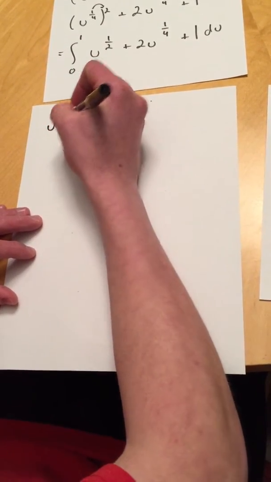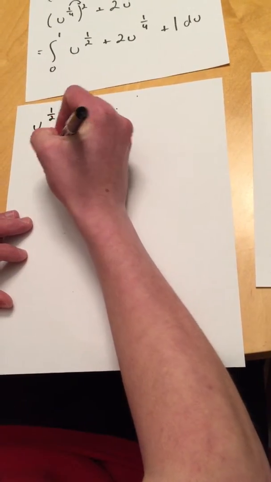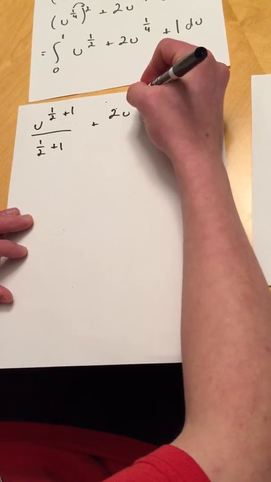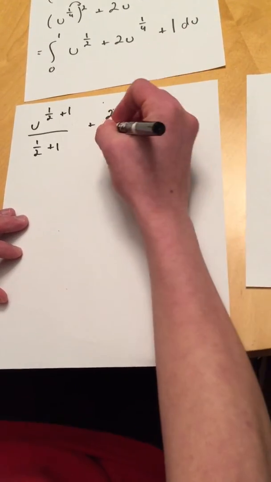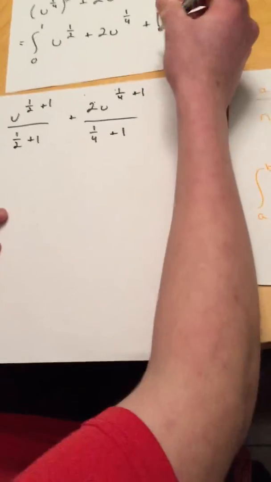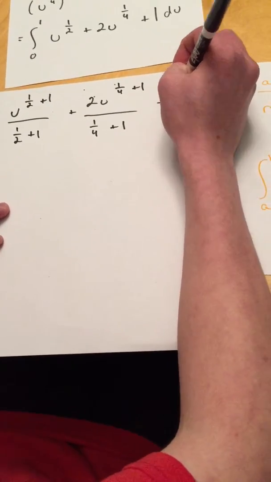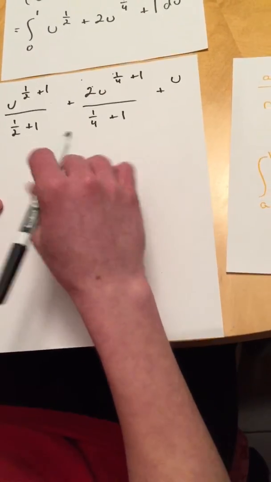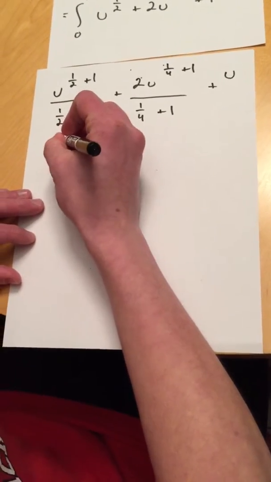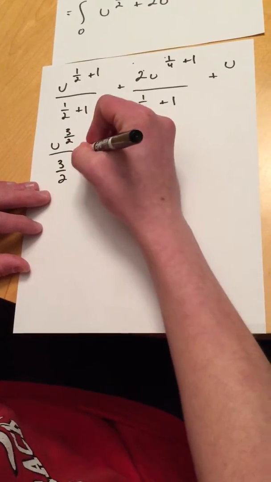U to the 1/2 plus 1 all over 1/2 plus 1, plus 2u to the 1/4 plus 1 all over 1/4 plus 1. We know whole numbers just turn into the variable, so u. So we know 1/2 plus 1 equals 3/2. U to the 3/2 all over 3/2,